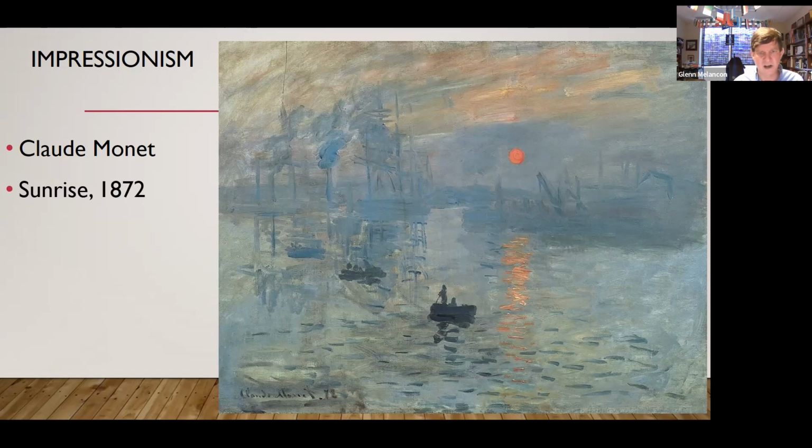Notice the colors are not necessarily, quote, normal colors, right? That blue-green tint is not your normal blue water, and the sky is not your normal blue sky. He is using the different colors to create a mood in a scene, but he's not bound by objective reality because he is moving into his relative observation at the time.